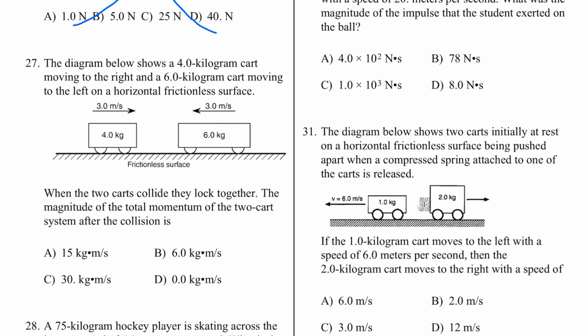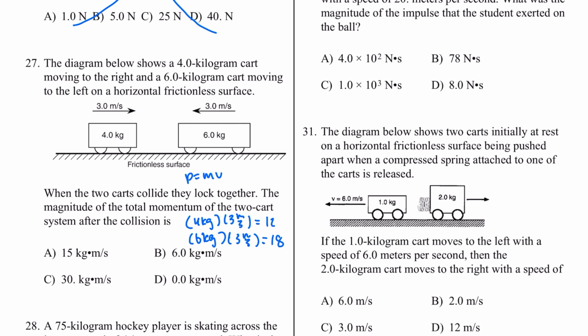The magnitude of the total momentum of the two-cart system after the collision is what? So we know that momentum stays constant, so let's just find the total momentum of the system before the collision, since it'll be the same even after the collision. So for the momentum of the 4 kilogram cart, we can do P equals mv. So 4 kilograms times 3 meters per second equals 12. And then for the momentum of the 6 kilogram cart, it's 6 kilograms times 3 meters per second, which is